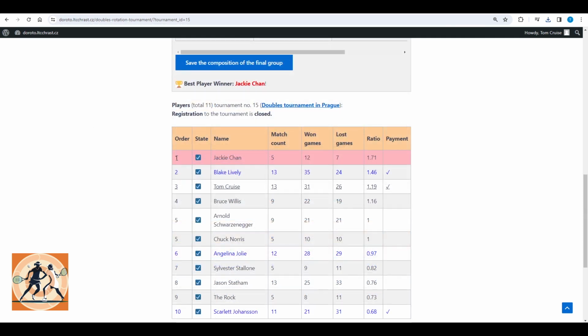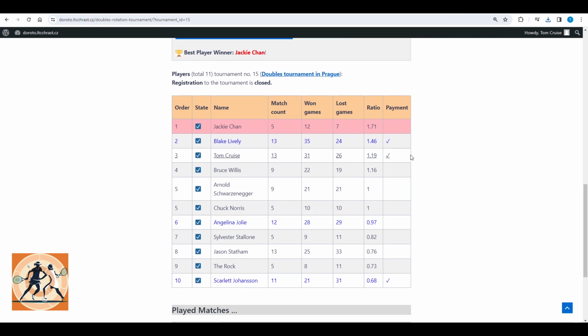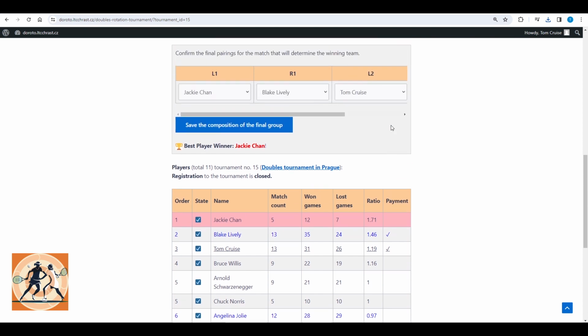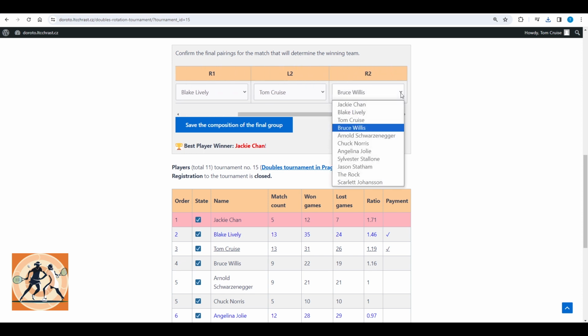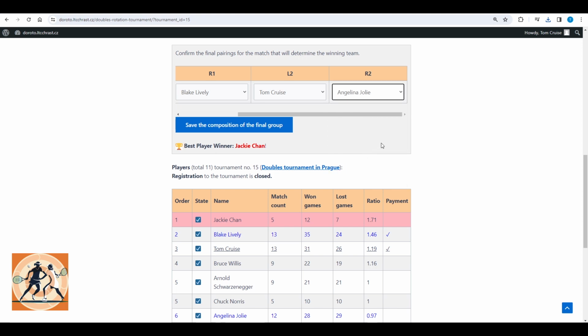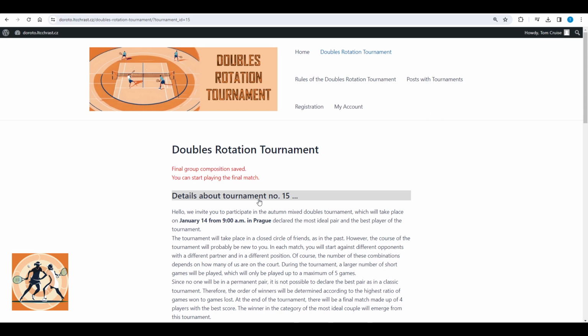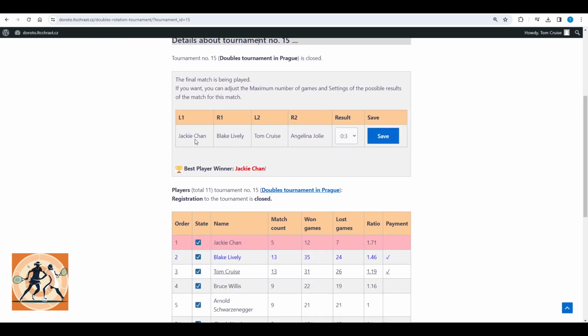Now, we can clearly see from the table that the winner of the Best Player category is highlighted in color. The winner won by maintaining the best possible win-to-lose ratio during their game. Now, we have the opportunity to choose the final pairs. In order to comply with the original specification of the mixed tournament, we will always select a man and a woman in pairs. So we will choose the first best man and the first best woman for the first pair, and the second best man and the second best placed woman for the second pair. We will confirm this setting and let the final match be played.